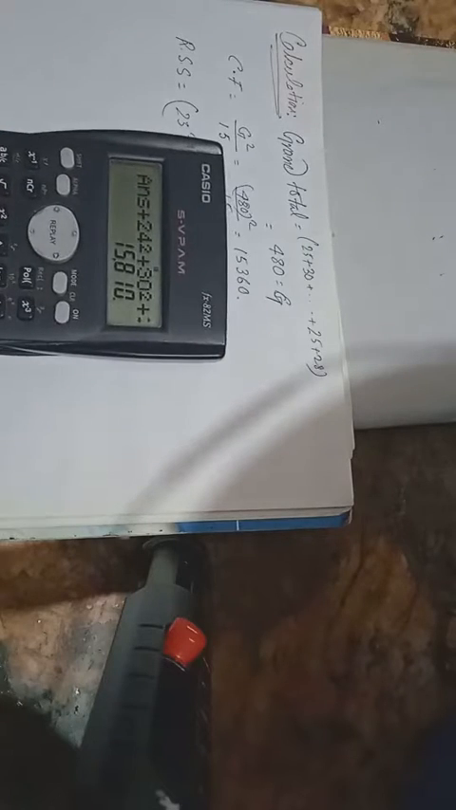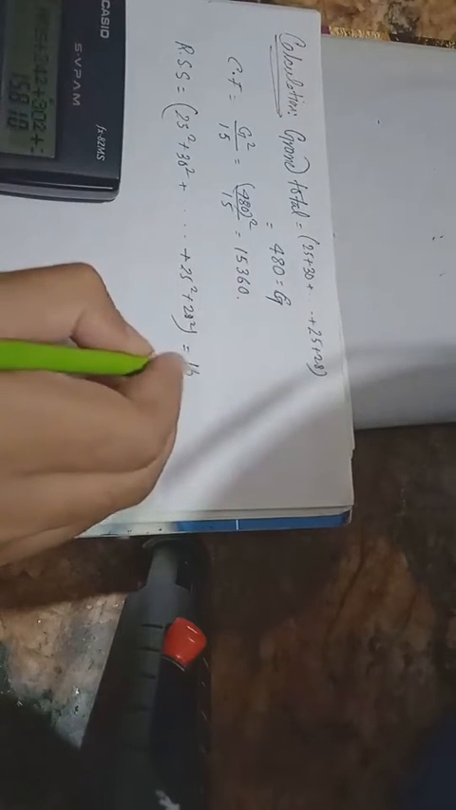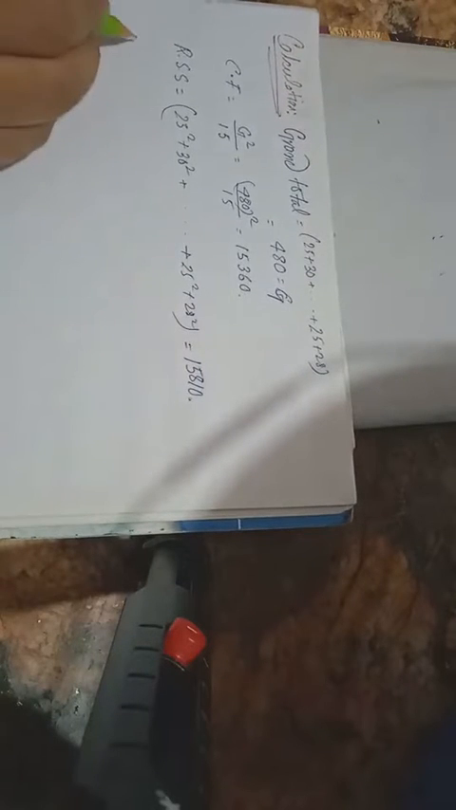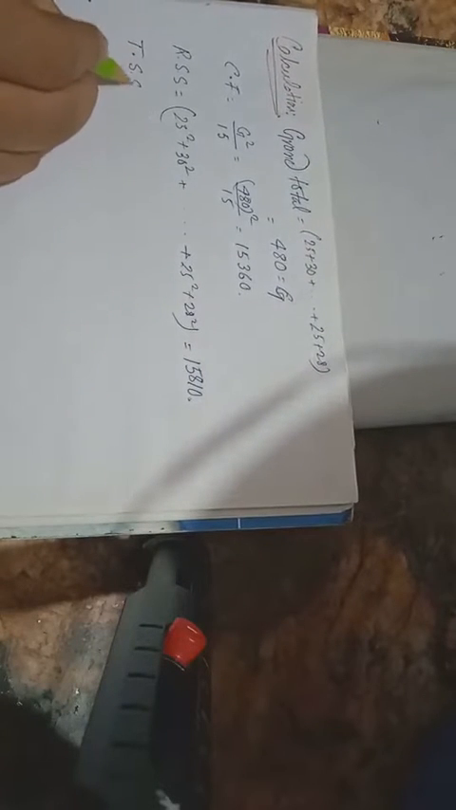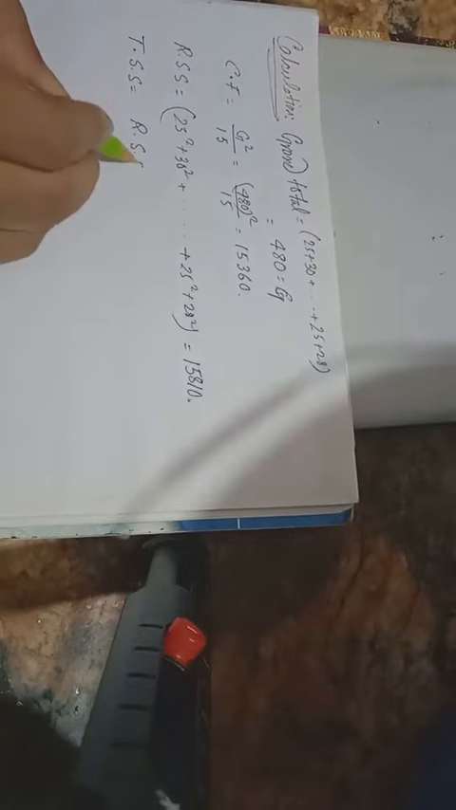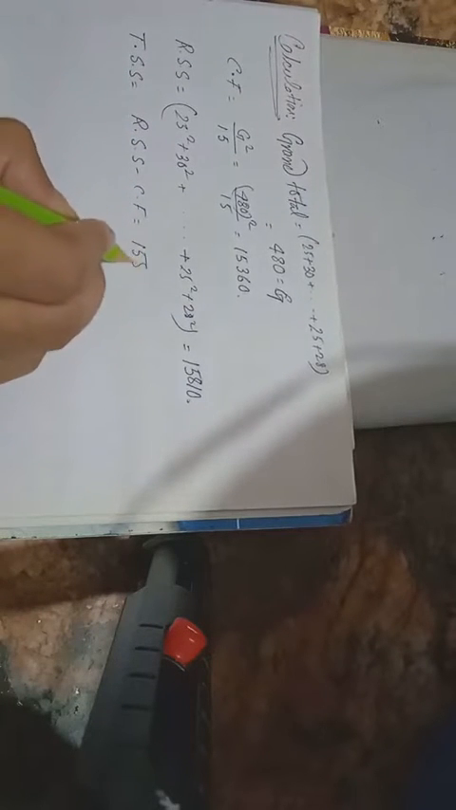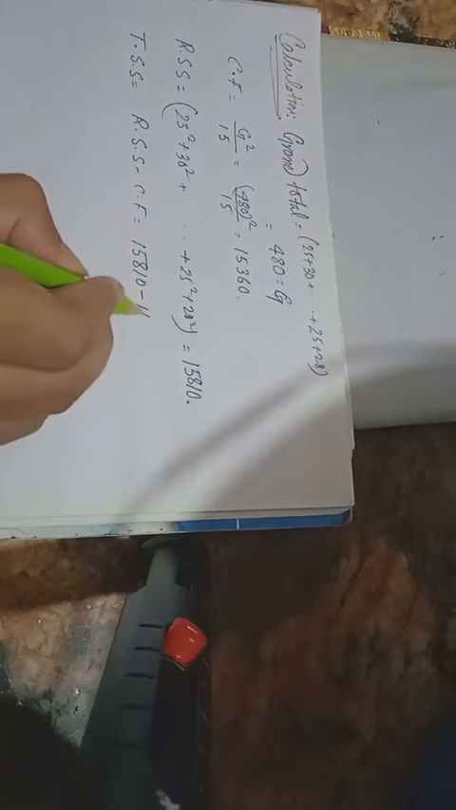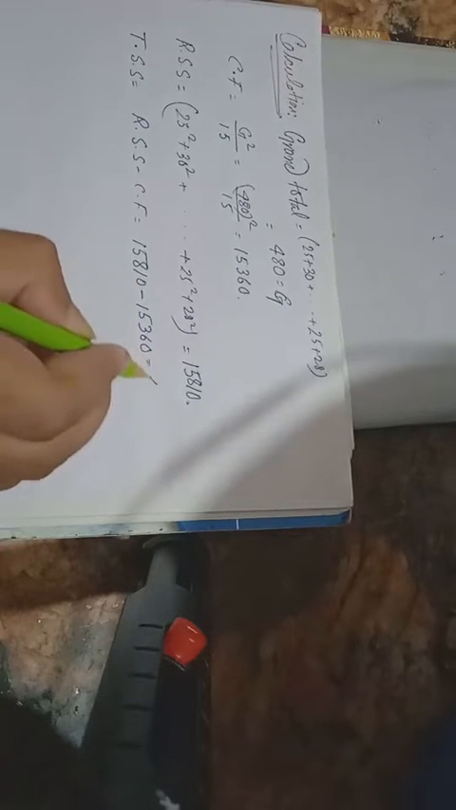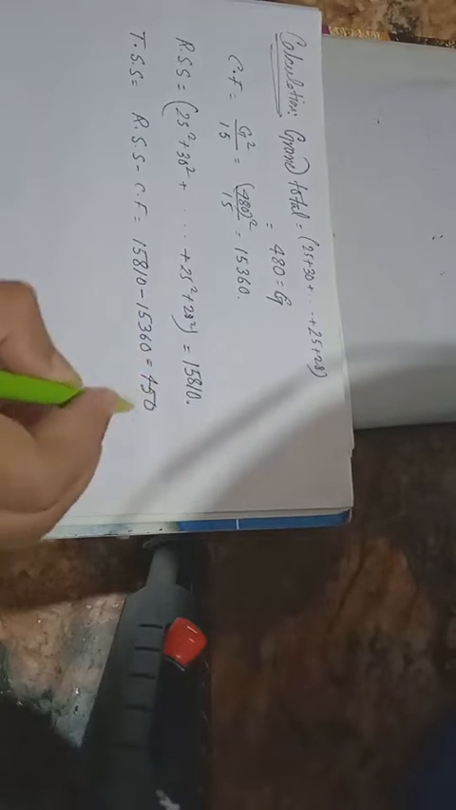These are raw sum of squares. Now we find the total sum of squares. It's RSS minus CF. It has 450. Now see, finding the sum of squares with the factor A, the formula was